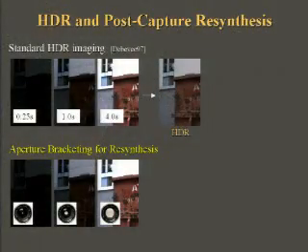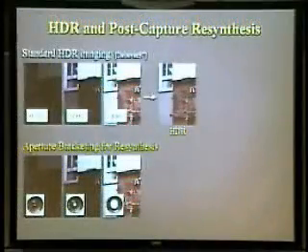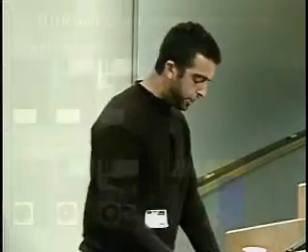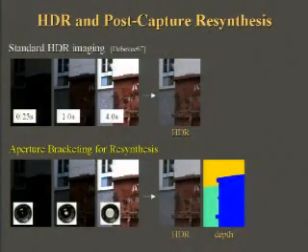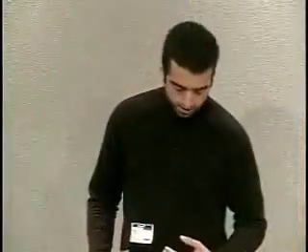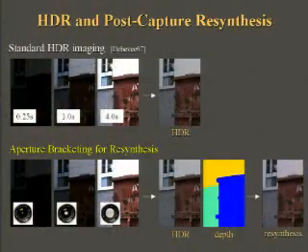So in our aperture bracketing case, we use the same number of input images, and we have a sequence of images whose brightness varies in much the same way. But by analyzing how defocus varies across the sequence, aperture bracketing lets us recover not only the in-focus HDR image, but also an approximate depth map. Although this requires significantly more processing, the richer representation of the in-focus scene radiance plus the depth allows us to synthesize new images, for example, refocused at different depths, all in a high dynamic range.